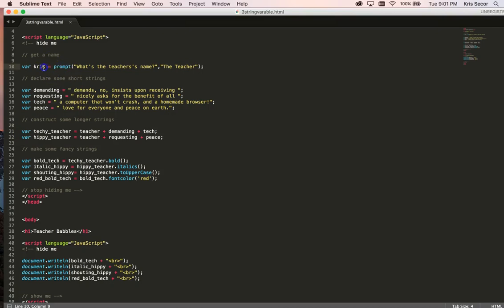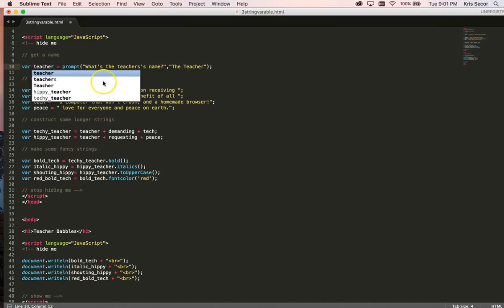So what I did was give it a personalized variable name, Chris. Don't do that. Make it generic. So if I were to make it the teacher itself, it could equal anything. It could equal Chris. It could equal Tom. Now that I've saved this,